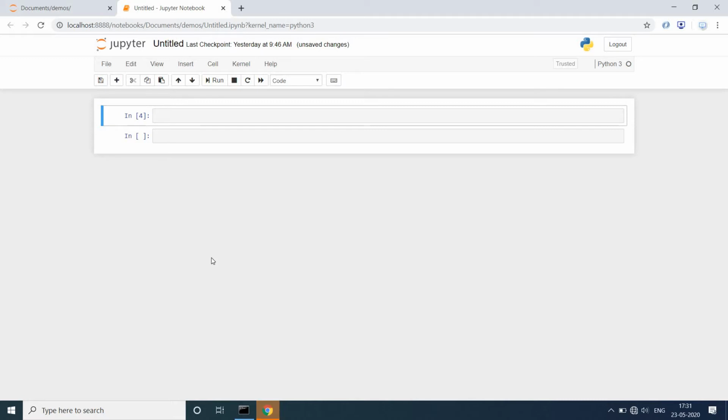So today we will be exploring some of the Pandas functions. In this tutorial, we will first of all create a dummy data frame, and we will explore the Pandas functions on that. So let's get started. First of all, let's import pandas